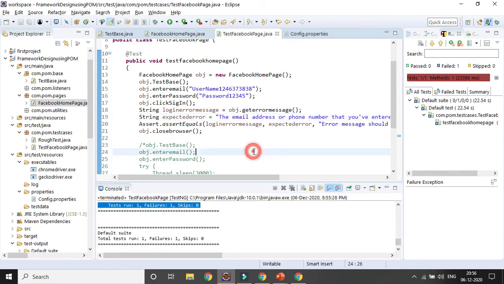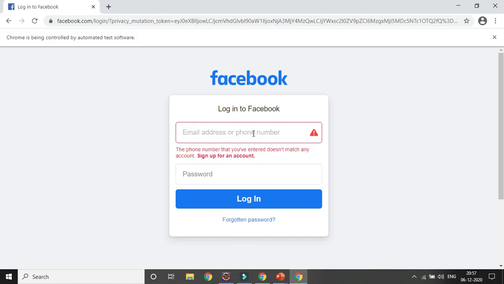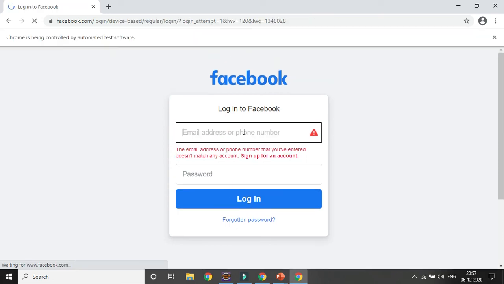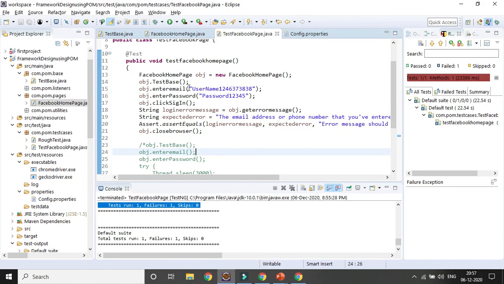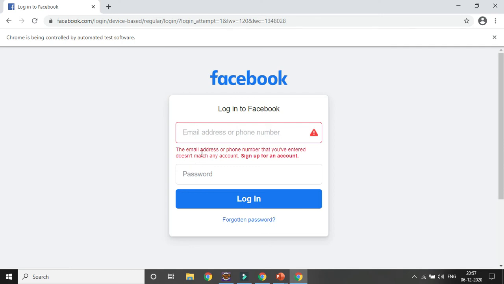Now let's try to enter something like test as the email and something as the password, and with that particular reference I will enter here. Let's see what the error message is with that email ID and password. You can see this is what comes up for that reference. So I will be changing the email field to that one. The error message coming is: the email address or phone number does not match.